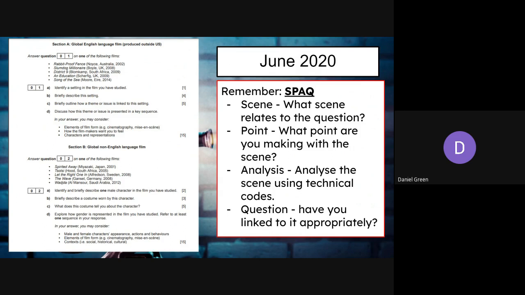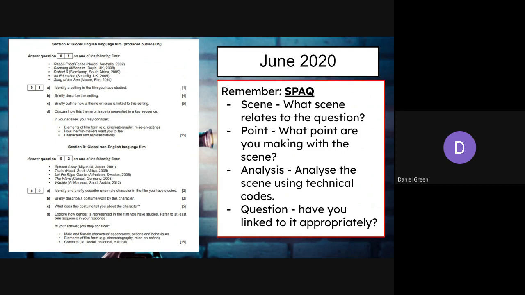I describe what he looks like, then in B, what does the costume tell us about the character? Well, he's got very Western influences. He's very much dressed like a Westerner. Although it's not necessarily just his costume, you may talk about his sort of obesity, the gluttony that comes with that, and how he's got to wear comfortable clothes to deal with that. And then in D,